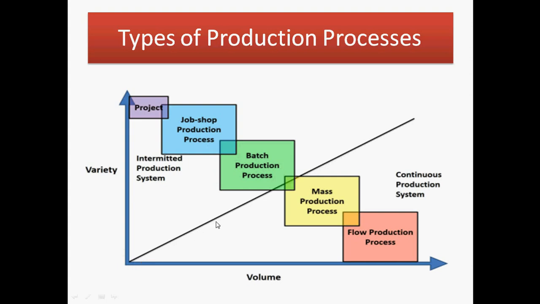So this line divides the two parts, right? Intermediate production is on the upper side and on the lower side is the continuous production system. The lower production system has two parts. Is it clear? Okay. So here the mass production process. Mass production means you are continuously producing. So that's why the volume of production is more. That's why the x-axis is more for mass production as well as flow process production. So you are performing the work repeatedly. That's why the continuous production system is on the lower side of this line.